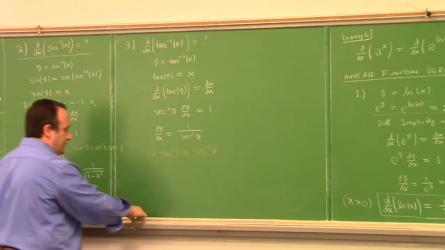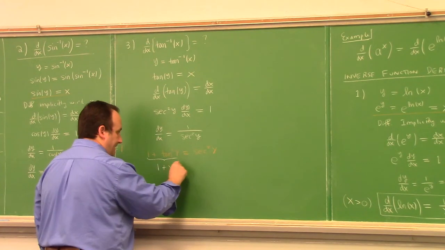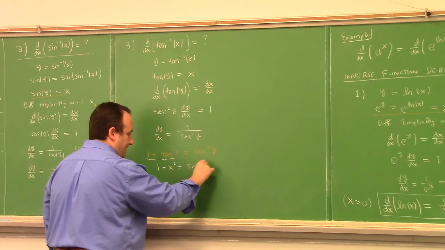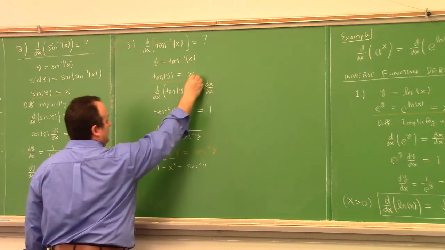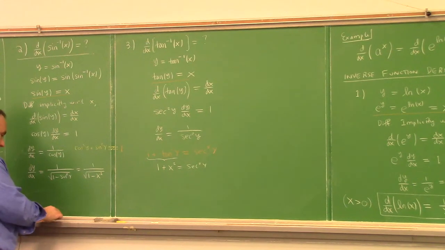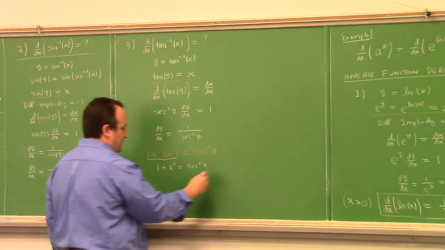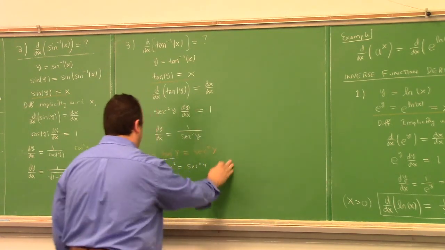Which in our current notation is 1 plus x squared equals secant squared y, because remember, tangent of y is x. So, hooray, this shows me that d dx